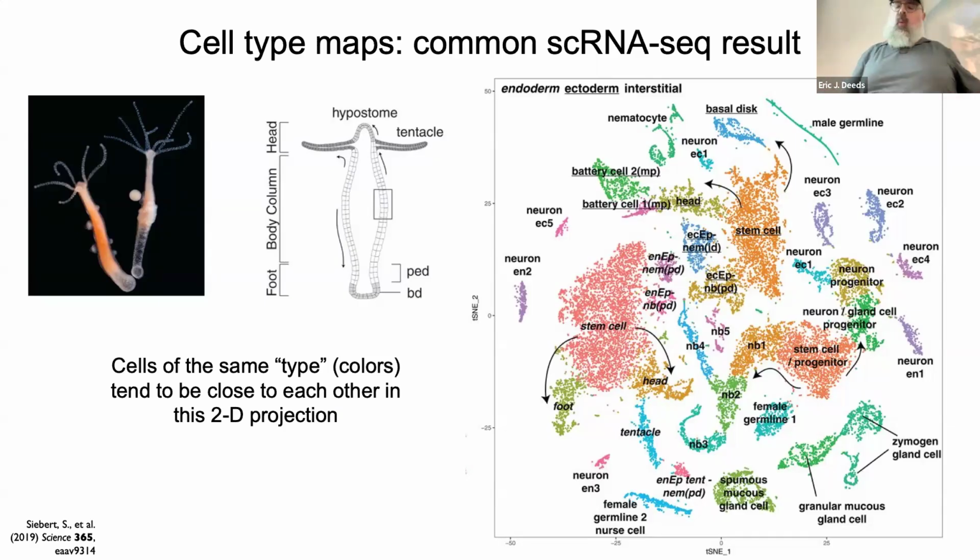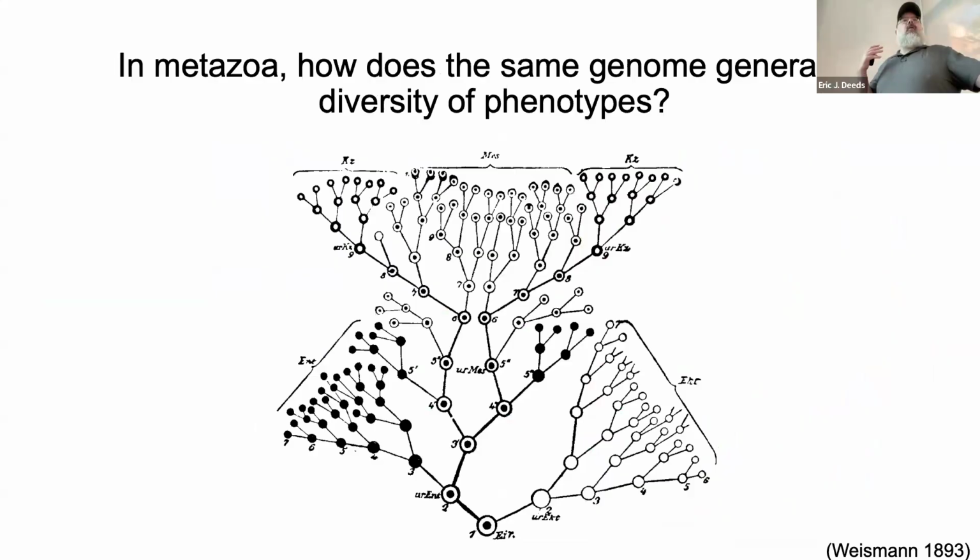And the question is why? Why do we expect that? Why should we think that this is what we're going to get? And that comes from this really long-standing problem in biology, the biology of metazoa and all multicellular organisms, which is how do you develop the huge diversity of cell types that we have in our bodies from a single cell,